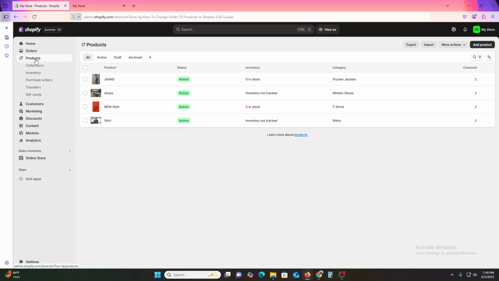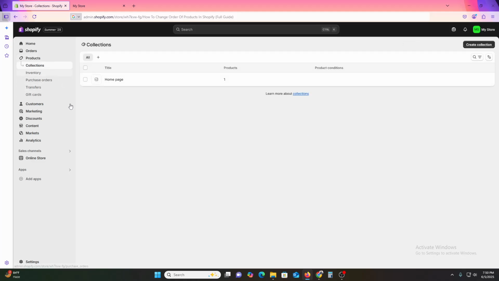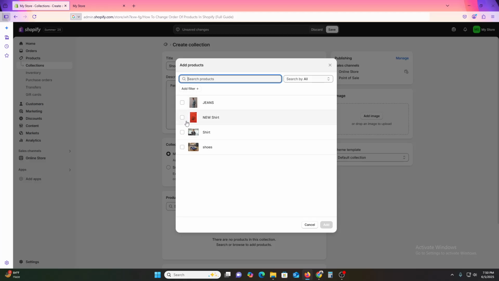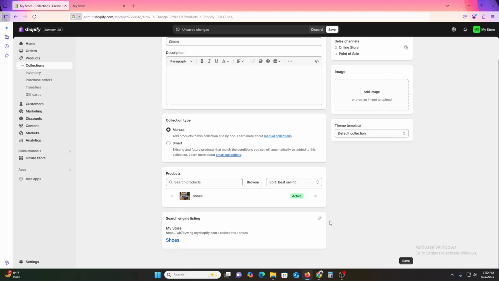So you need to visit Products, and here you can see we have a couple of products. So how can we change the order of the product list? You just need to visit Collections, and here you need to create a collection that will be shoes. Like, you just need to divide everything under a category. Just browse it, and then add all your products over here one by one,